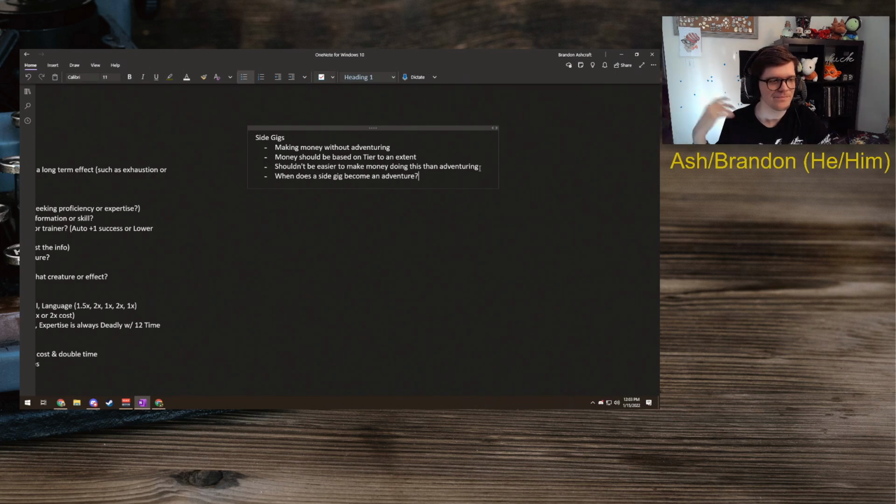That being said, now we get into 5th edition, where money is required to do all of this other stuff, but it's not as important anymore. So when you actually need it, you end up having to do all these side gigs to make money because you want magic items rather than gold. So when does the side gig become an adventure? When do you get to the point where you need so much money you need to just go on an adventure? And that also comes down to the dungeon master.